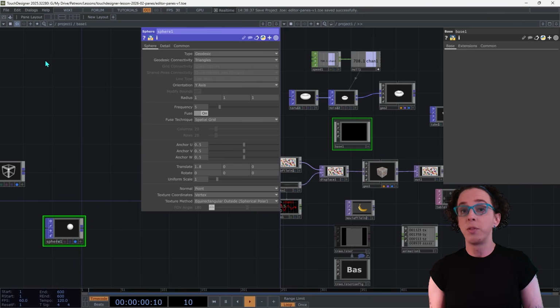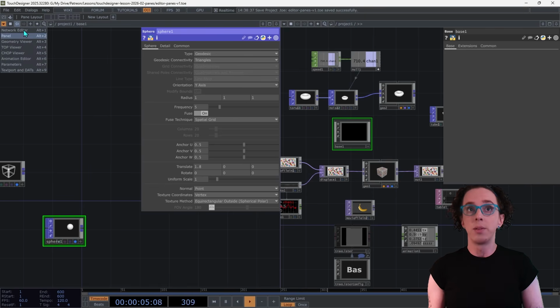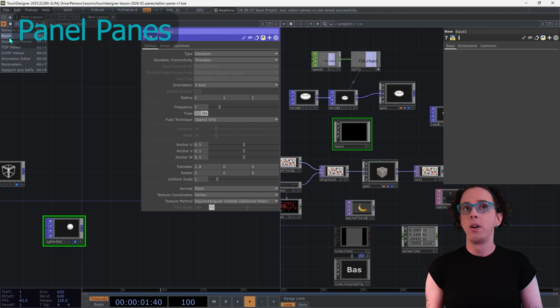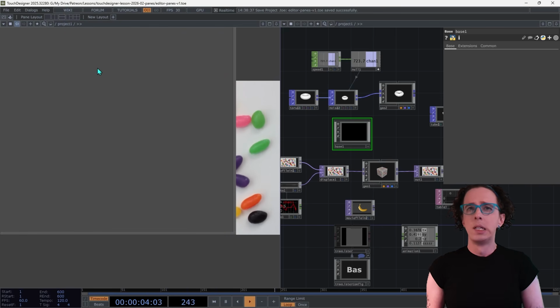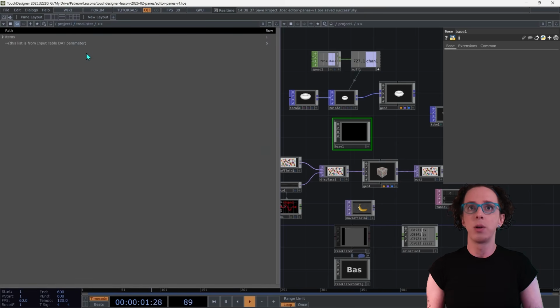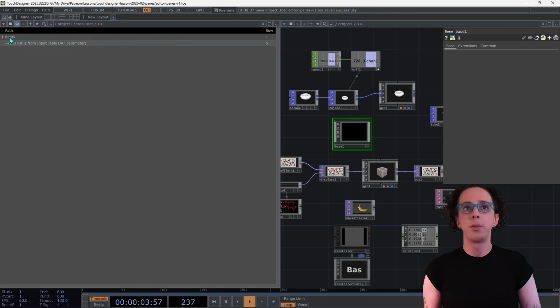There are a few different types of panes. And in the top left corner, this little arrow, we can choose which type we want this pane to be. Panel panes are a way to show the interface for a UI component. So right now we're in a base, so it doesn't have an interface, so we're not seeing anything. But if we go up to project one, we see something here. Not super helpful though. We're looking at the interface of project one itself, but I did add a little UI component tree lister here. And so now when we're looking at that, we're seeing this whole thing is the UI